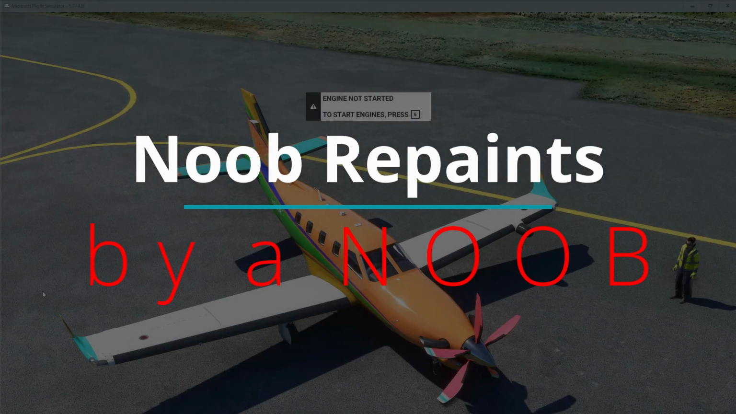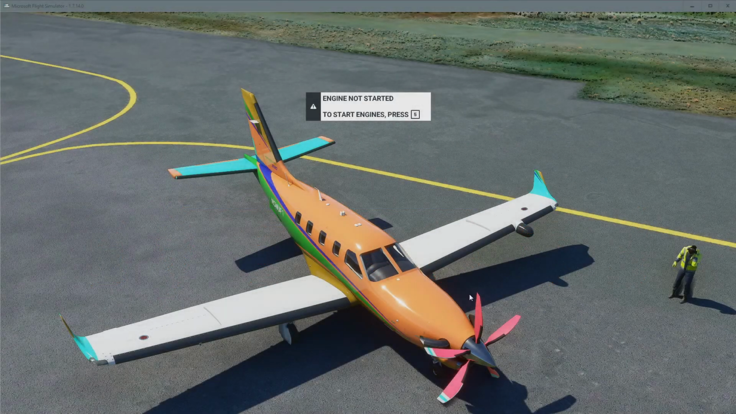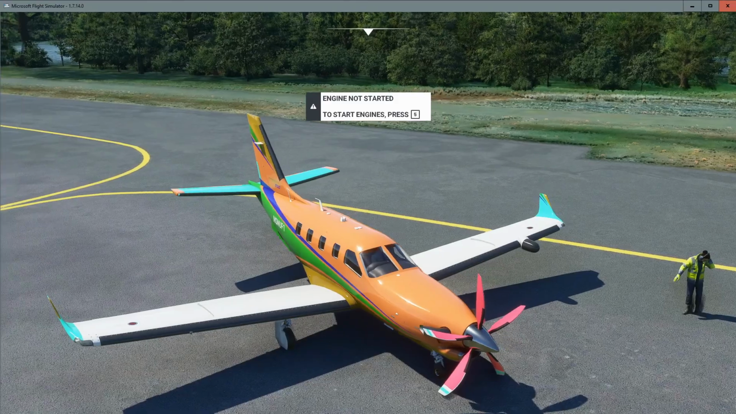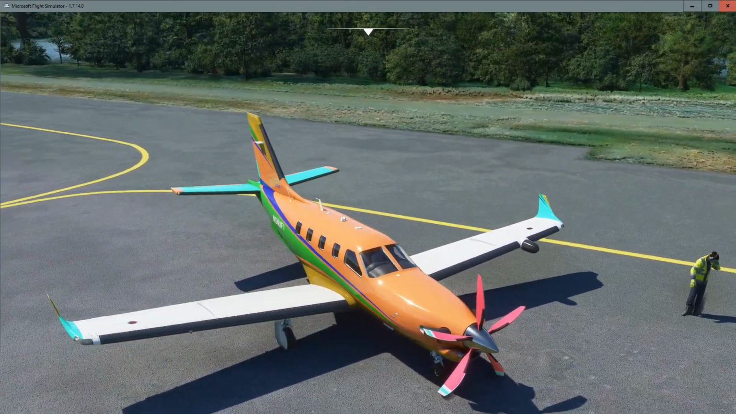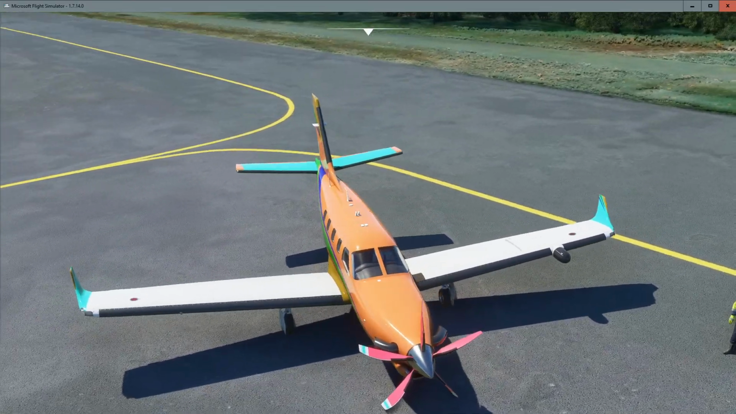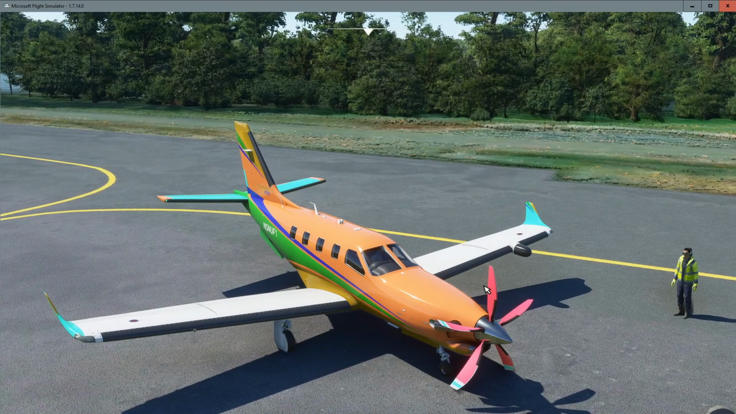I recently repainted this TBM here into these colors, and some people in one of the Facebook groups I was in were like, yeah, how did you do that? And I'm not very good at GIMP or any of that stuff, but I figured they wanted to see a YouTube video on how to get that done, because the fun part about this one is, watch when I start